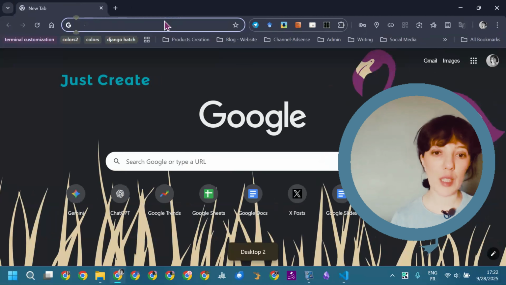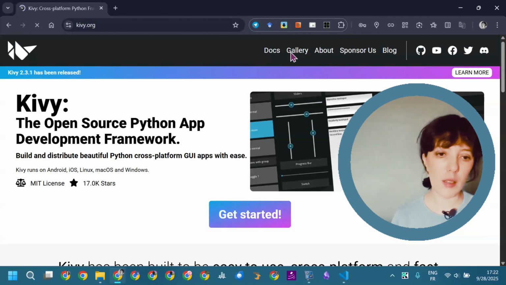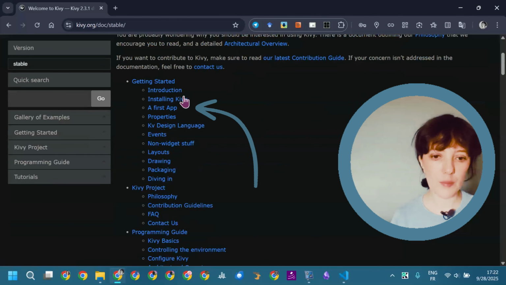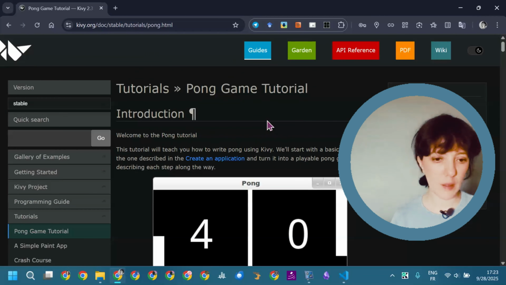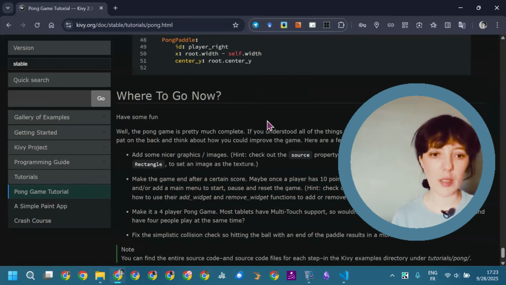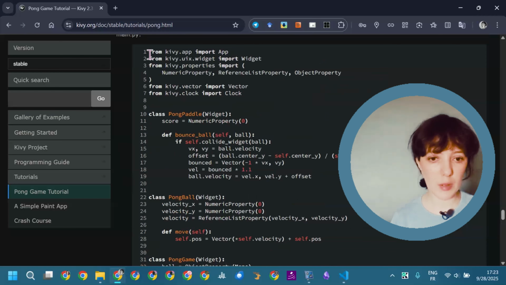Go to kivy.org, docs, first app, click on Game tutorial, go to the end of the file, scroll up, copy the first code, a Python code,